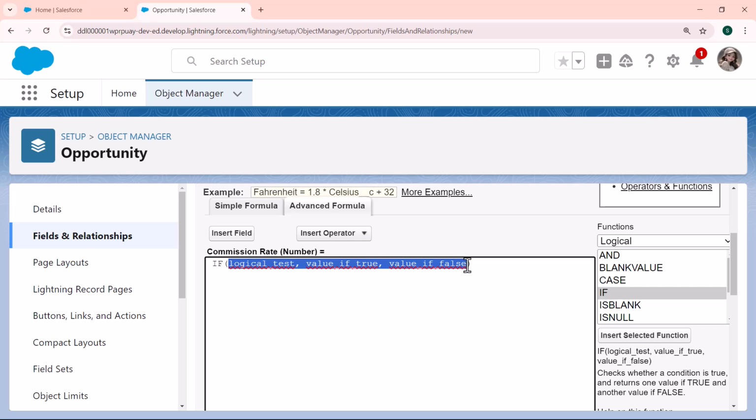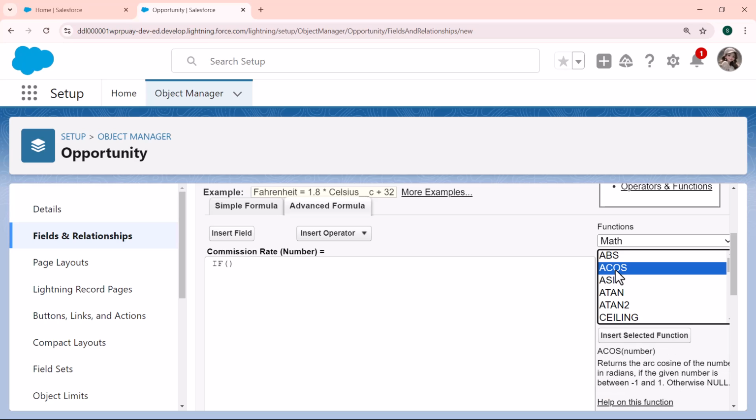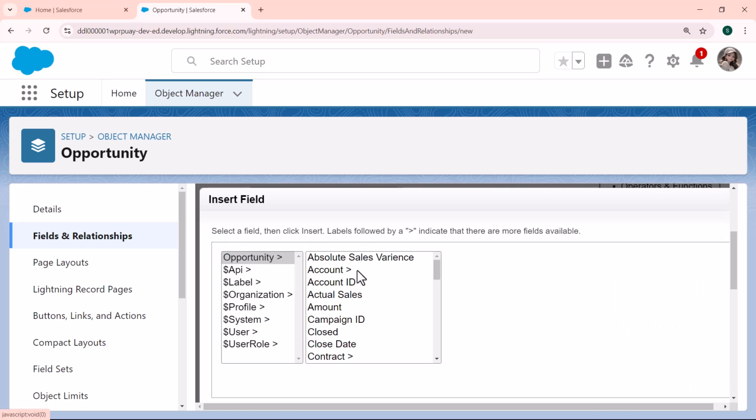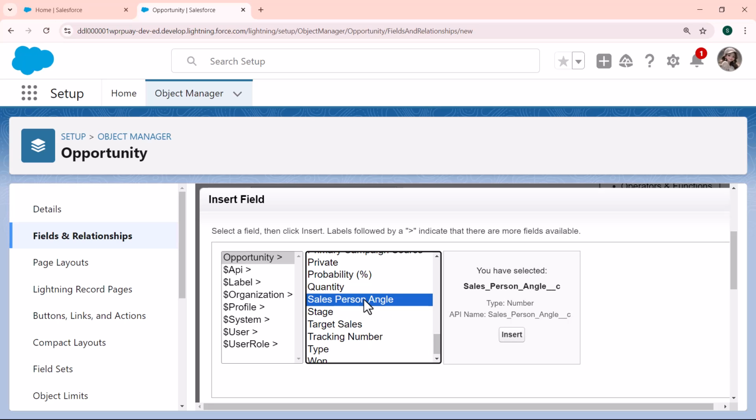I erase all the parameters, and then I click on the drop down arrow again and click on the math, and select the ACOS function, and it returns the arc cosine of the number in radians if the given number is between -1 and 1, otherwise null. And click on the insert selected function, and then I remove this number parameter, and in place of this number parameter I click on the insert field and choose the field, and here I select the field Salesperson Angle